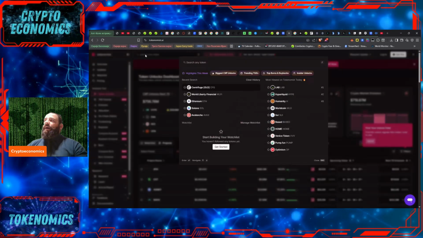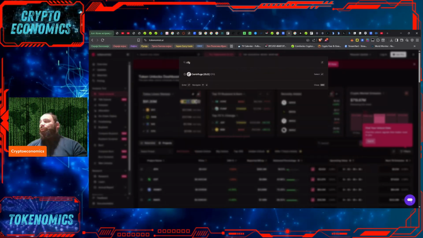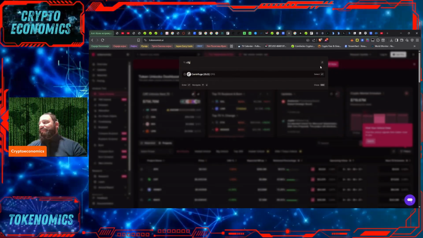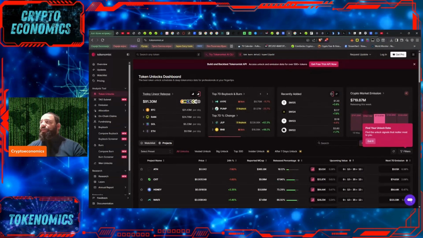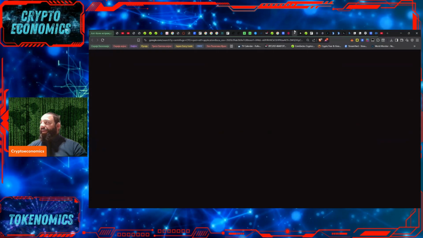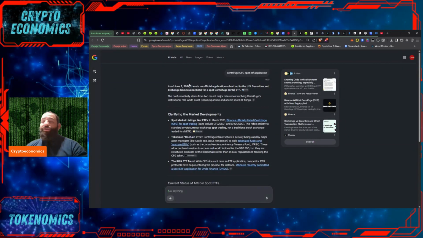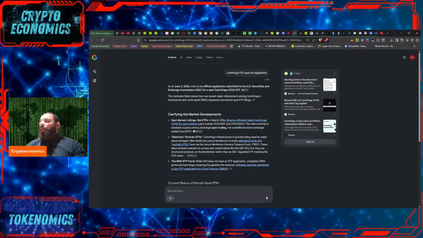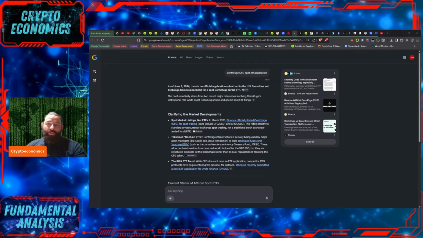Additionally, Tokenomics is a place where you can do the same. You can actually check a particular project to see their vesting schedule. Unfortunately, for this particular project, this is the old version, so it's not going to help us, because in the meantime, there have been changes. So unfortunately, on Tokenomics we didn't find any additional information, but we did find it on CoinMarketCap, which is the largest portal for on-chain metrics. If we continue forward, we can see this is also part of the fundamental analysis, that there are none so far